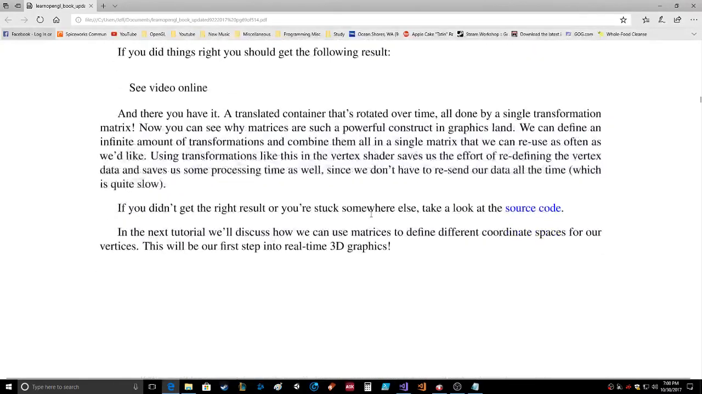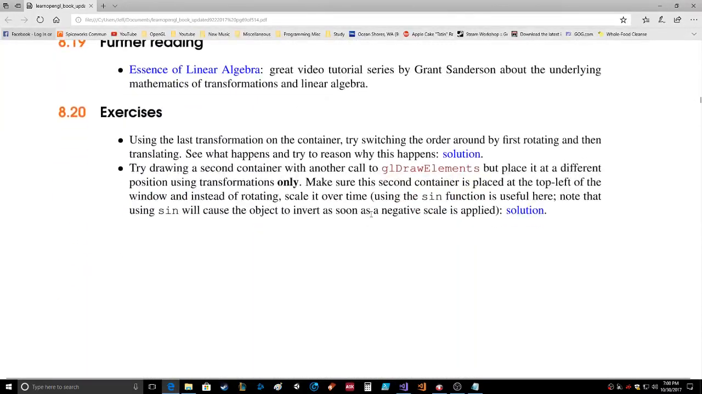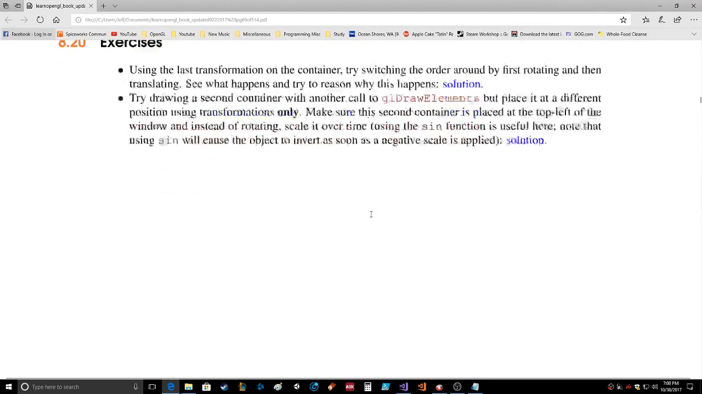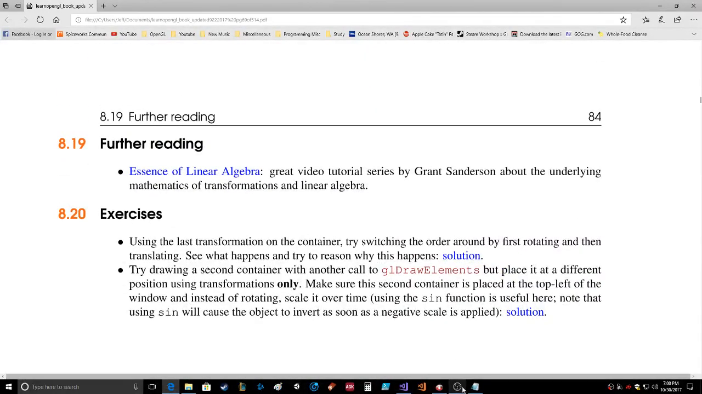We're at the end of this particular section, and that was really good. I might do some of the exercises here, we'll see. But